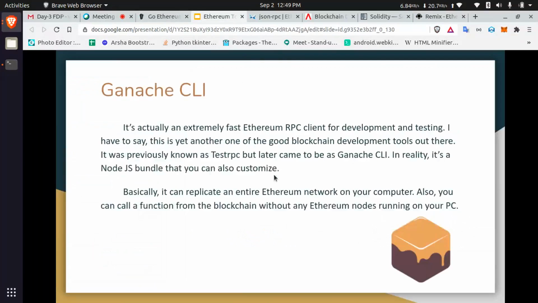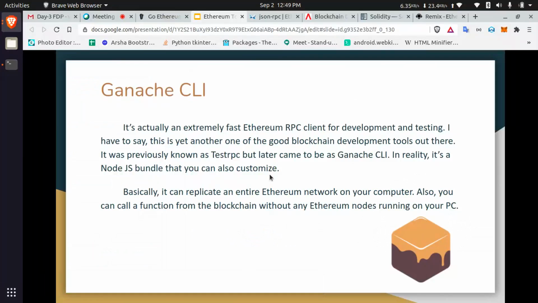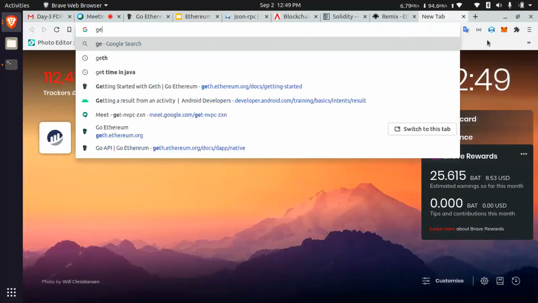Then next, Ganache CLI. This is for running a node, like you use Geth. This is also for development purposes. It will create a separate node, and then it will give test coins. I will show that. First we need to download Ganache.